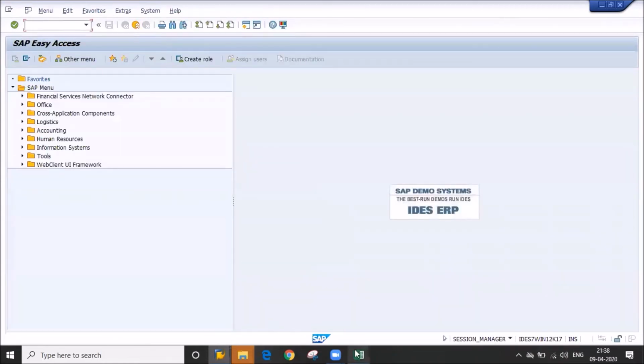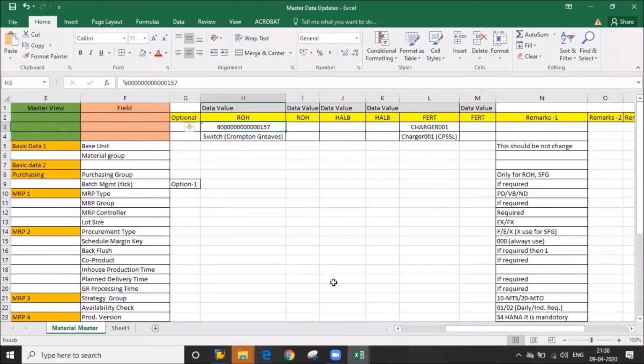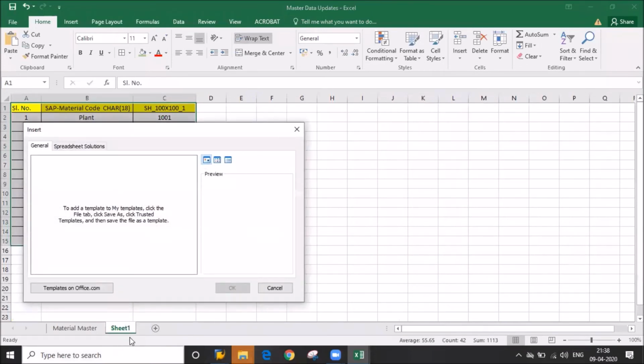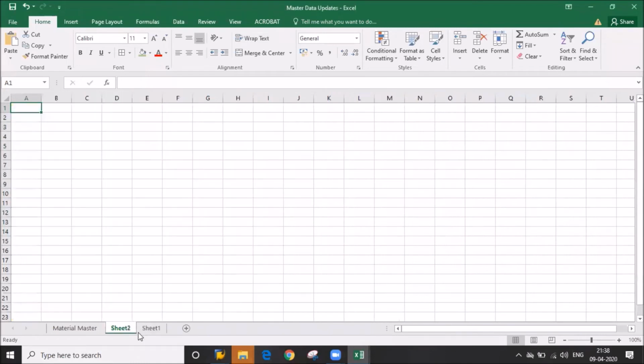So you understand, you got it? Sir. You have to maintain the BOM. I will share this sheet with you all, and you just maintain this sheet like that only.